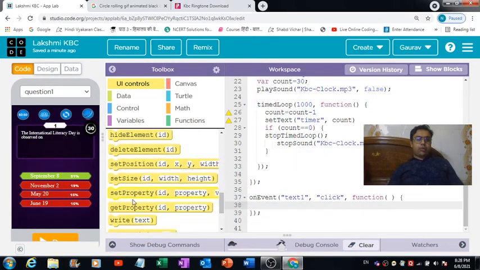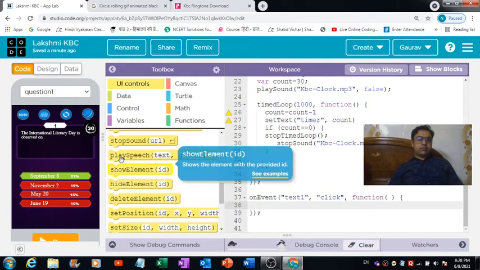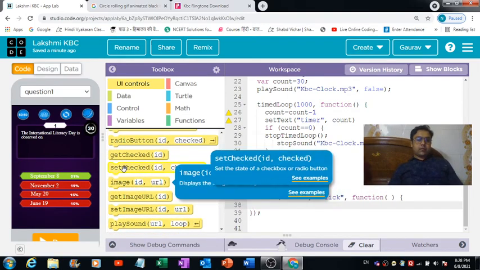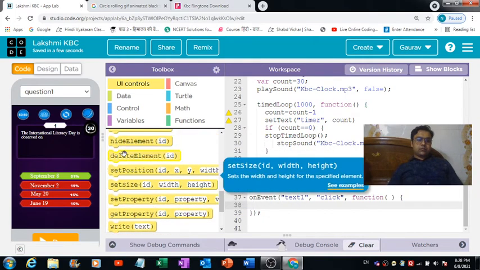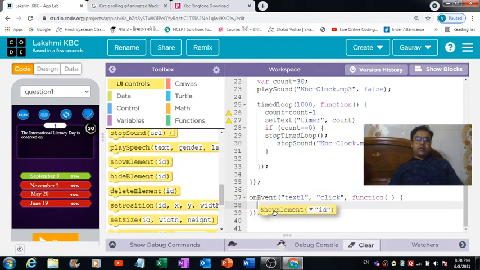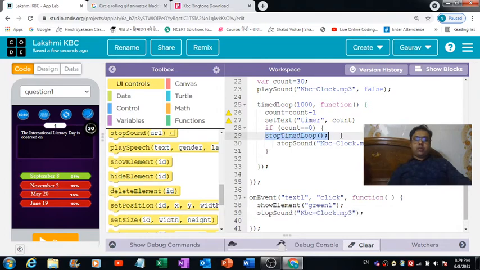Where is that show element block? This is the one I was looking for. So I would like the user to see this green one, the green background, and the timer should also stop and the clock ticking should also stop. Right, so these are all the things I would like to do.